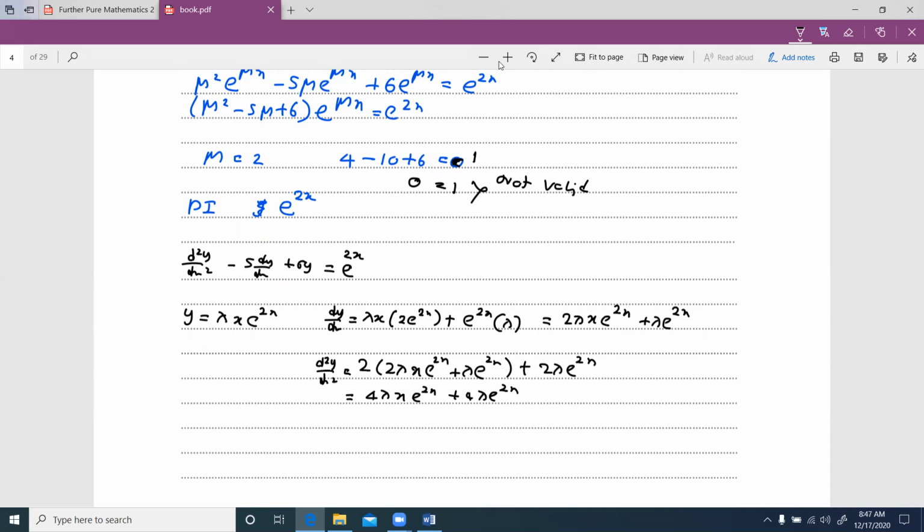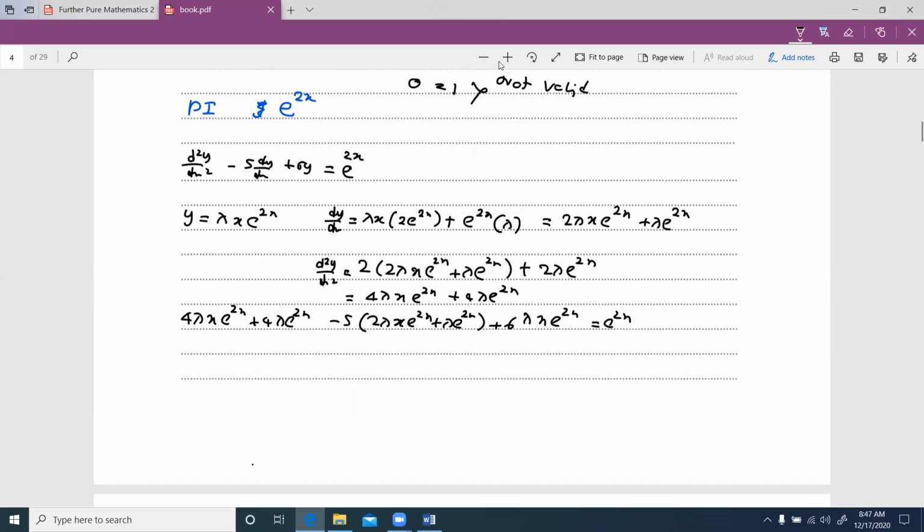Right. Then if you substitute into this one, what do you get? 4 lambda x e to the power 2x plus 4 lambda e to the power 2x, minus 5 times this bit, 2 lambda x e to the power 2x plus lambda e to the power 2x, plus 6y. Y is lambda x e to the power 2x, and it equals e to the power 2x. So from this information, what you can get here is